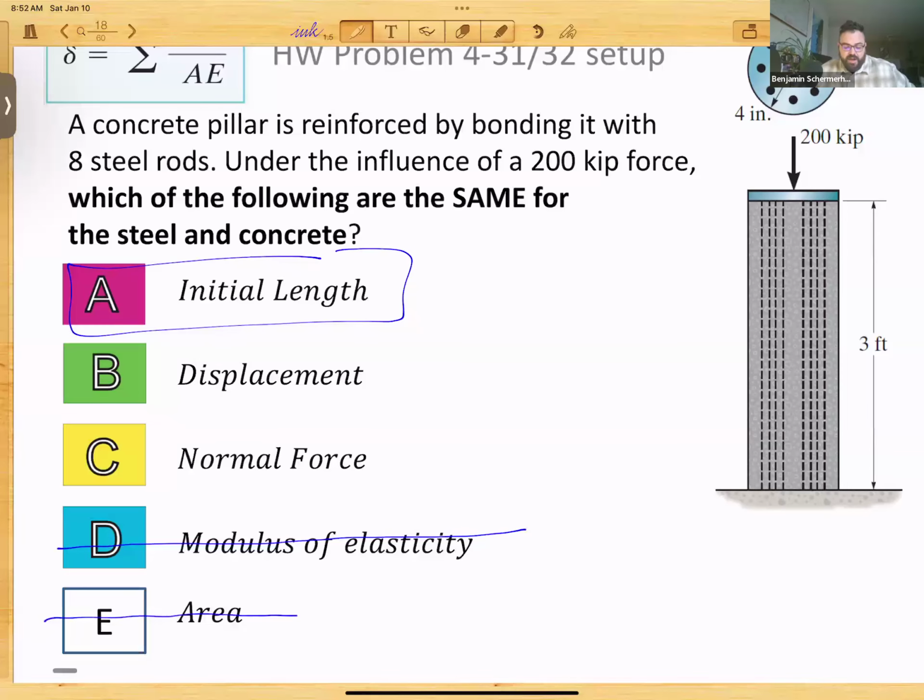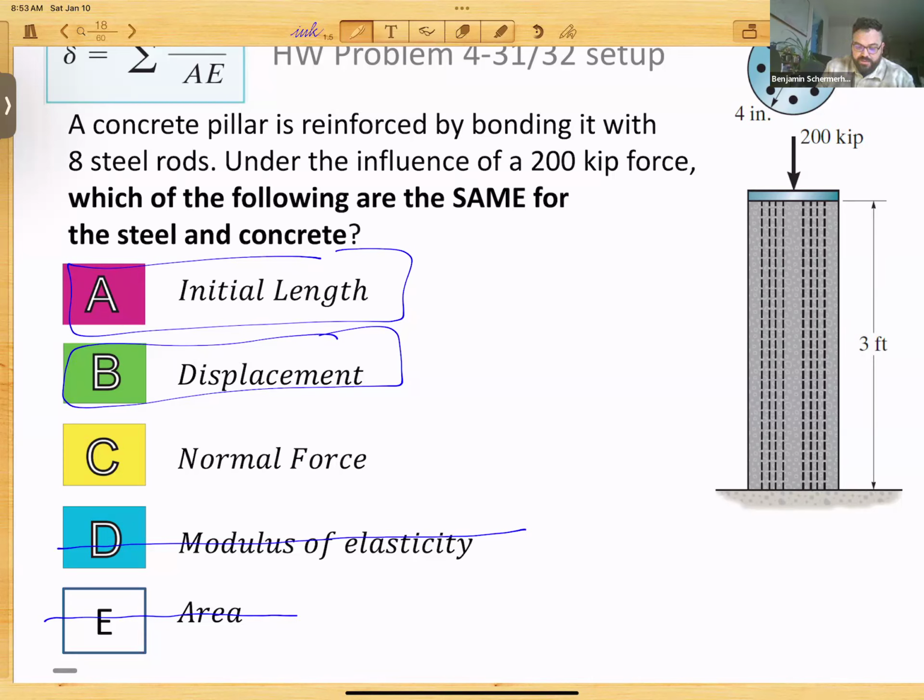Now, what's left is our displacement and our normal force. Displacement is going to end up having to be the same, because the steel's not going to move more or less than the concrete moves. They're going to have to move the same amount. Which brings us to the question of what's happening with the normal force. If the length is the same and the displacement is the same, but we have two different materials with two different areas, just looking at this equation,